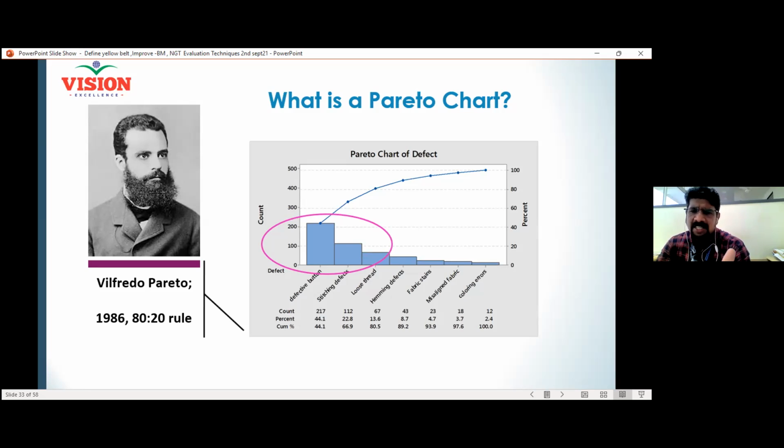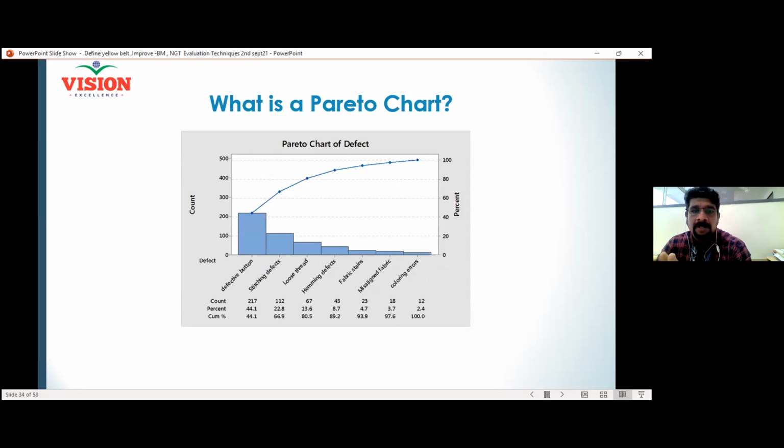So that is much more beneficial. So instead of focusing on all the 10, 15 problems, if I focus on the first three, I will be able to increase the efficiency by 80%. So from that, I will be able to select the first important project through other methods also. So the Pareto chart is a wonderful tool for project selection. Okay. This is what I explained about.